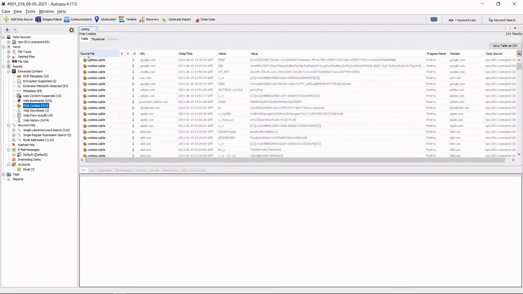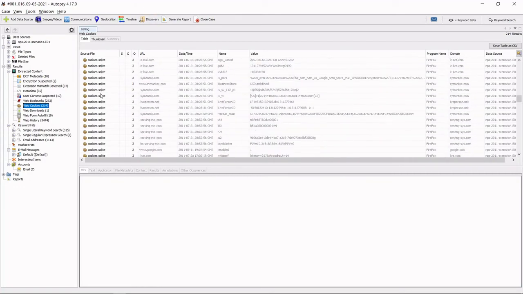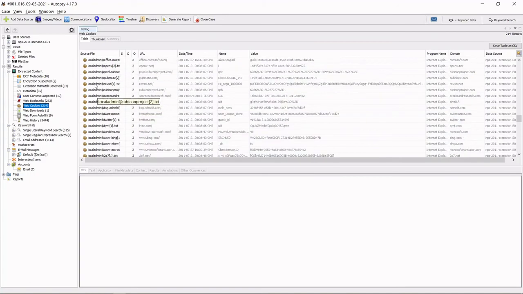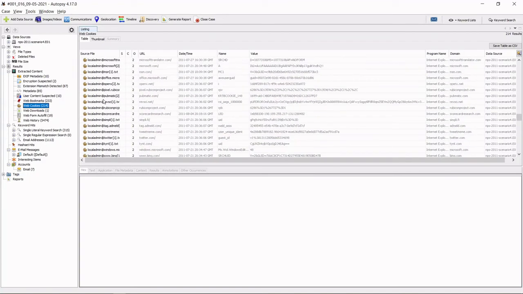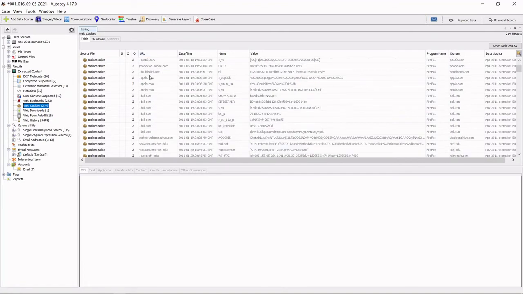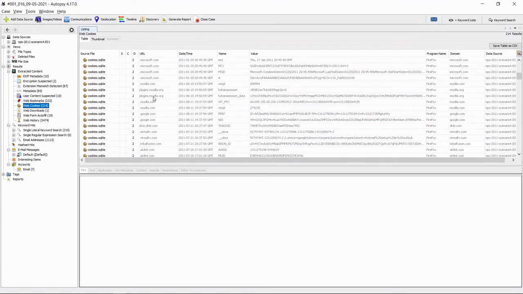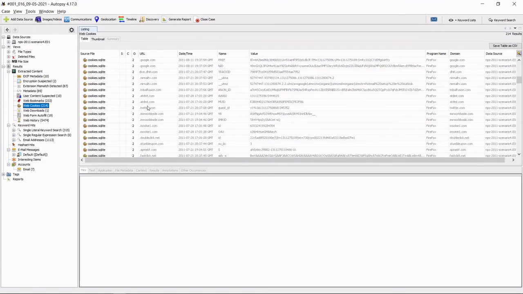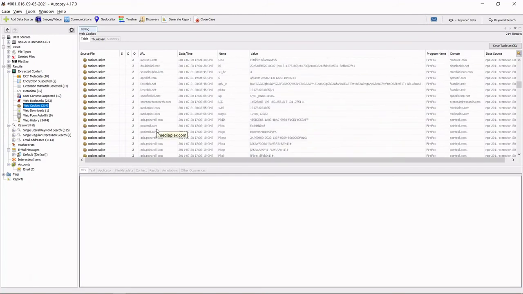Next is web cookies. Cookies are very interesting because we know that they store sessions, passwords, and some credentials. If we get hold of that information, it would be extremely useful in the investigation itself. Here we see cookies.sqlite, the source file, the local admin, the URLs from Google, Adobe, Twitter is there.